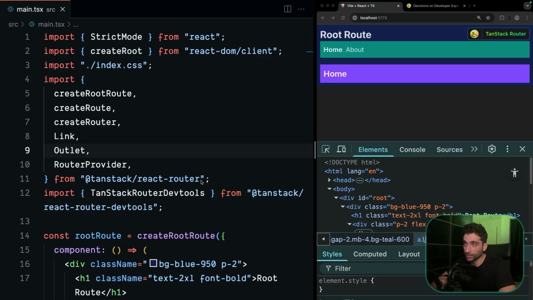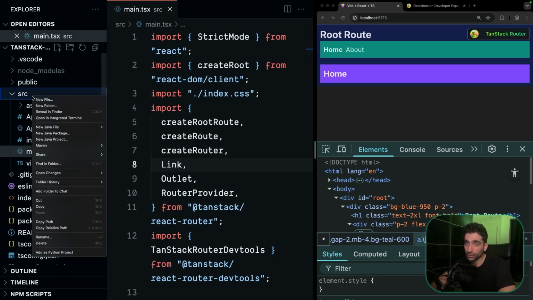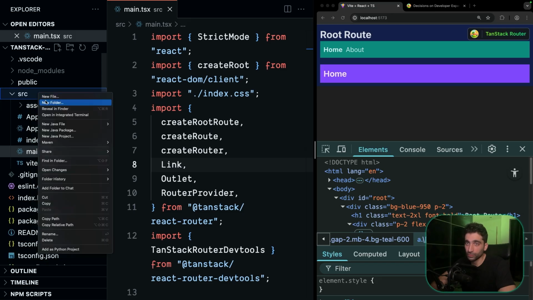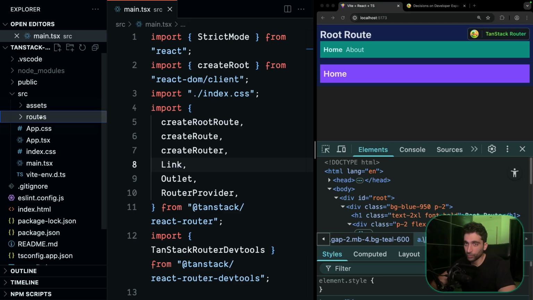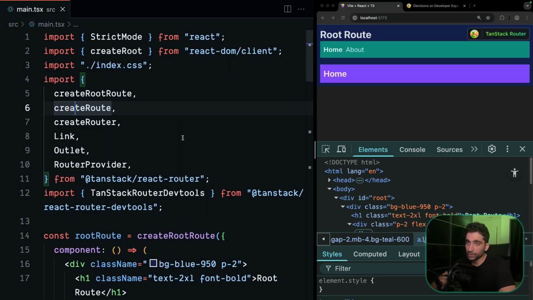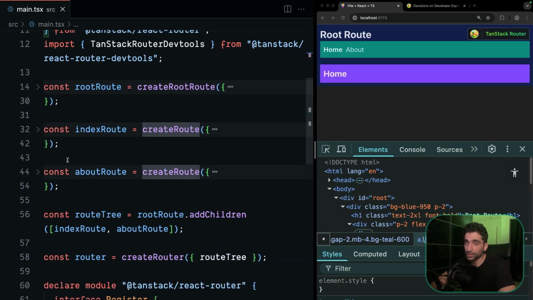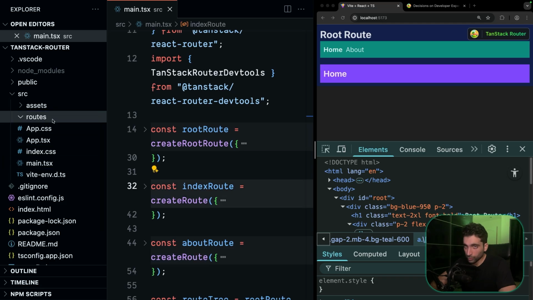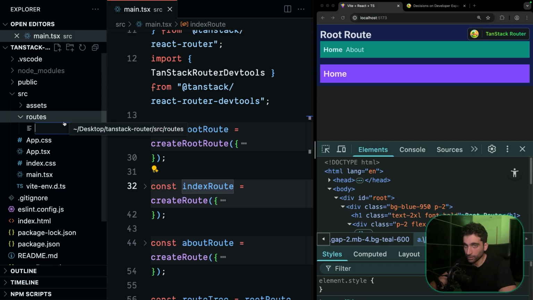So let's now convert the couple of routes that we've created into the file-based approach. First of all, in our src folder, we need to create a folder called routes. So let's create a new folder, routes, and this name can be customized, by the way, but by default it should be routes. And now we need to move the root route, the index route, and the about route into files inside of this folder. In order to create the root route, we create a new file, and it should be called